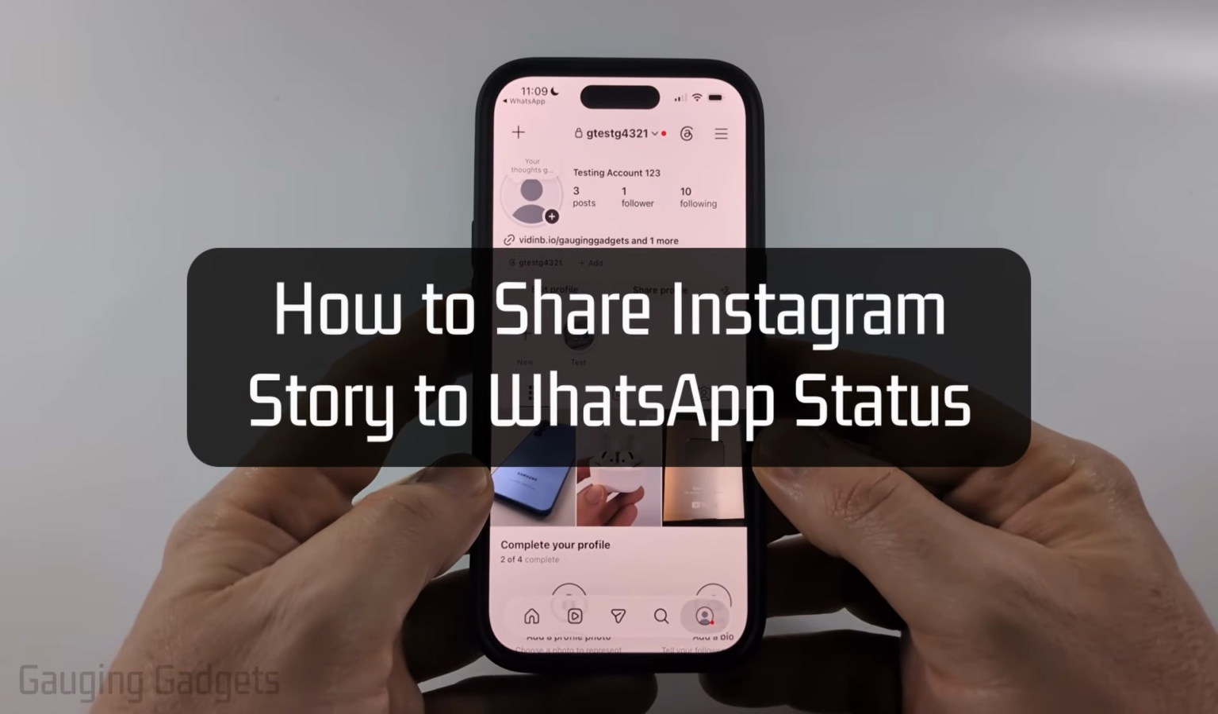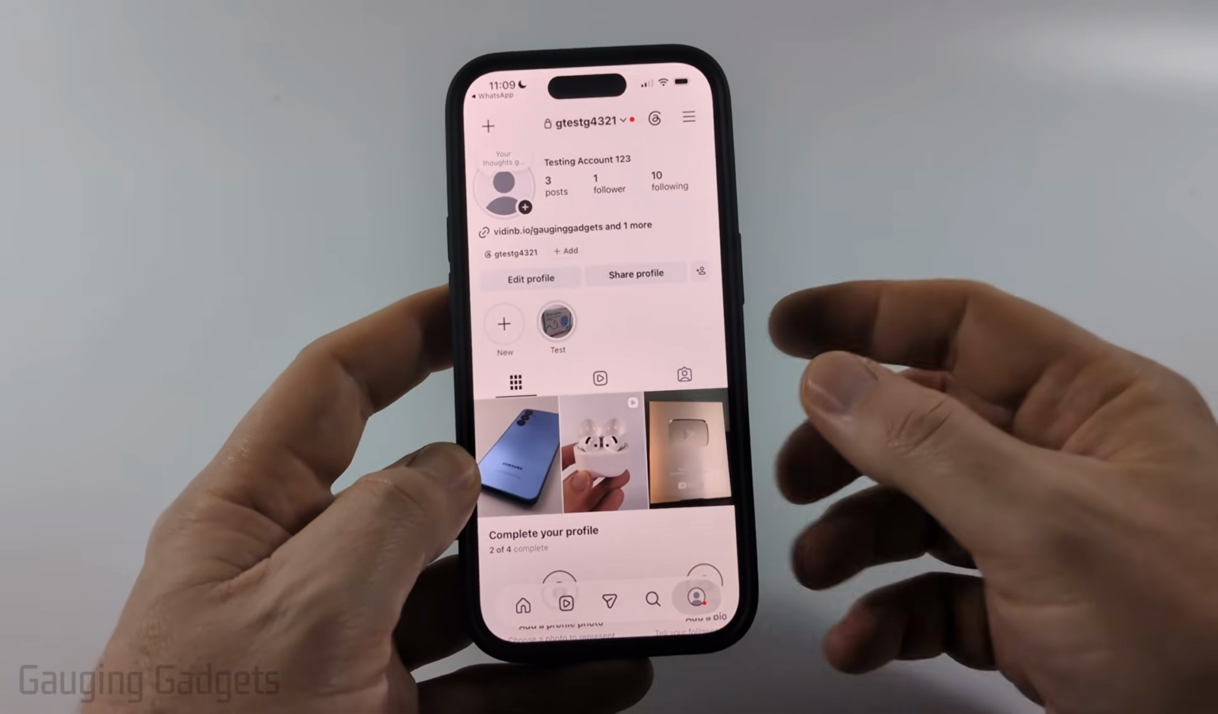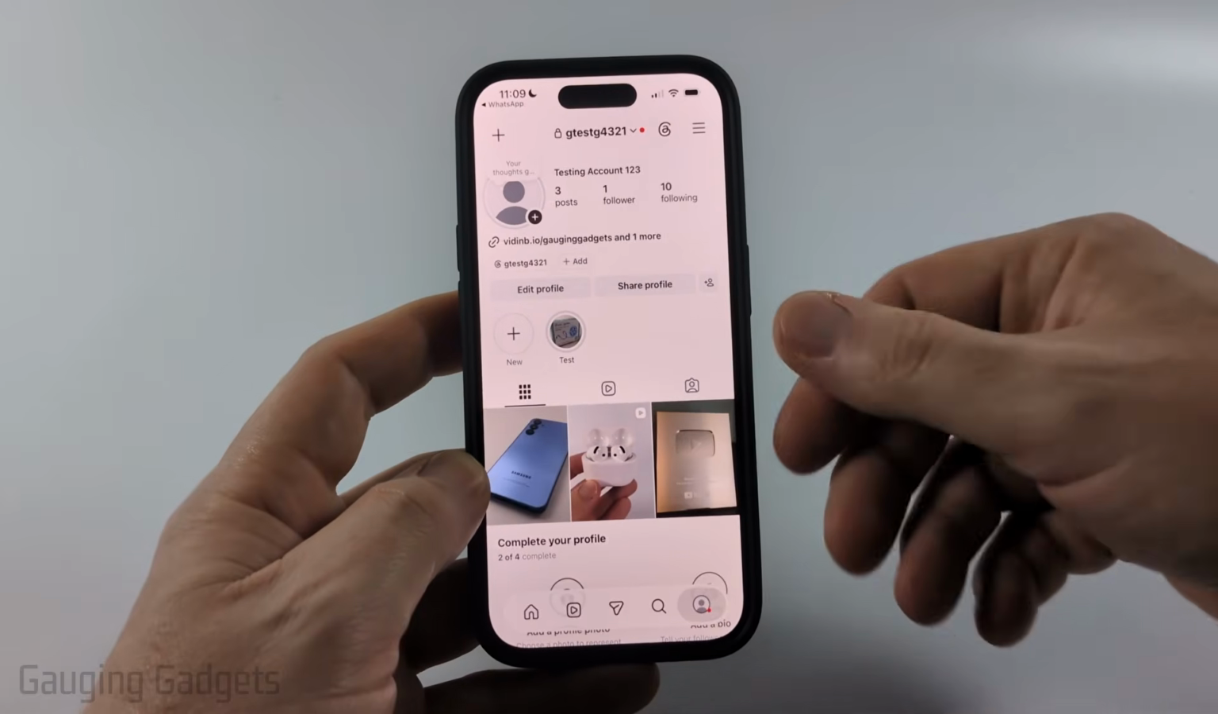How to share Instagram story to WhatsApp status. In this video, I'm going to show you how to share an Instagram story that you've posted to your WhatsApp